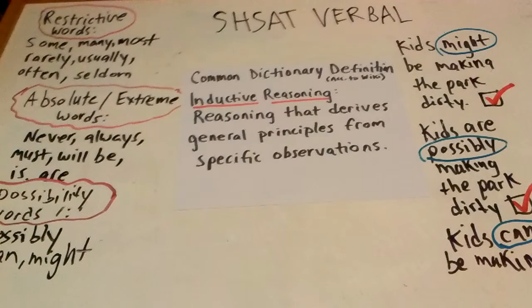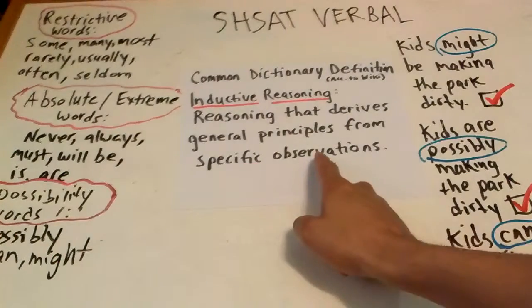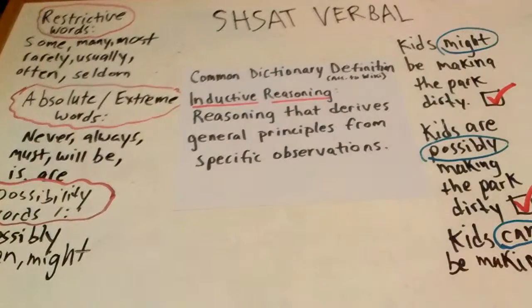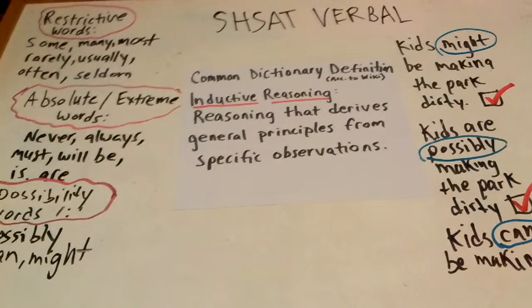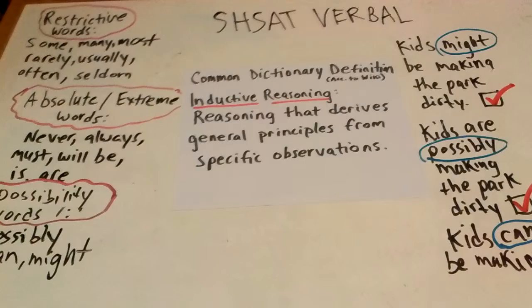Alright? So again, what did you do? You started from specific observations and you made your way up to what? To a general principle. Alright? What do we call this again? Bottom up. Alright? This is bottom up reasoning. You start with the small things, with the details, with the observations, with the samples, and then from those things you work your way up to a general principle, to a conclusion. Alright? So, let's move on now